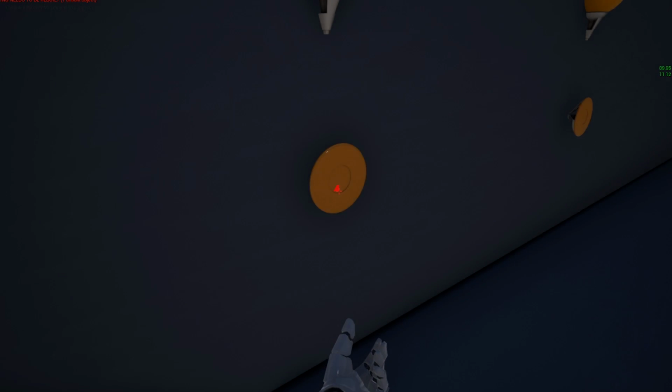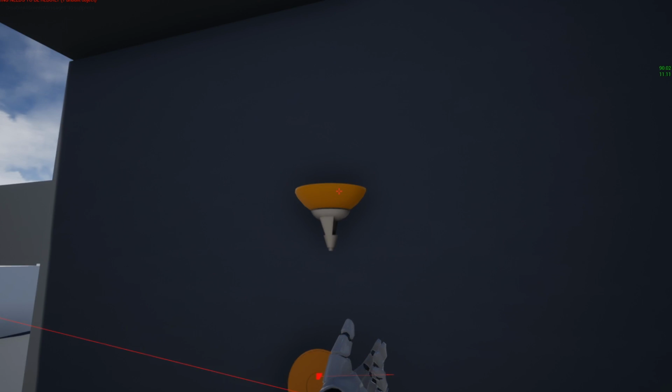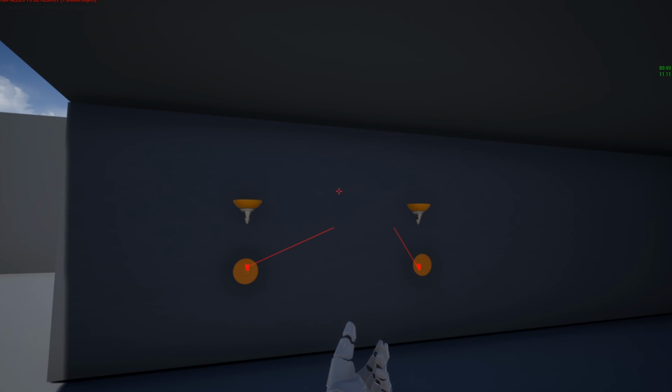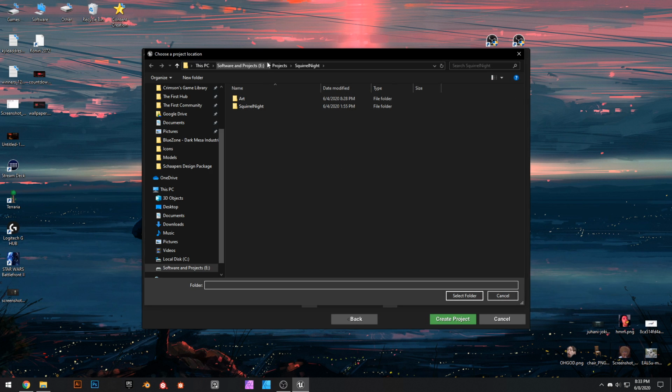Hello everyone, and welcome to a tutorial for Unreal Engine 4. In this tutorial, I'm going to show you how to make an interaction system, and I'm also going to go in depth on some of the nodes that I'll be using, so the newcomers that are new to Blueprints can learn some new things. For those wondering, I'm going to be starting with a first-person template, and I'll be using